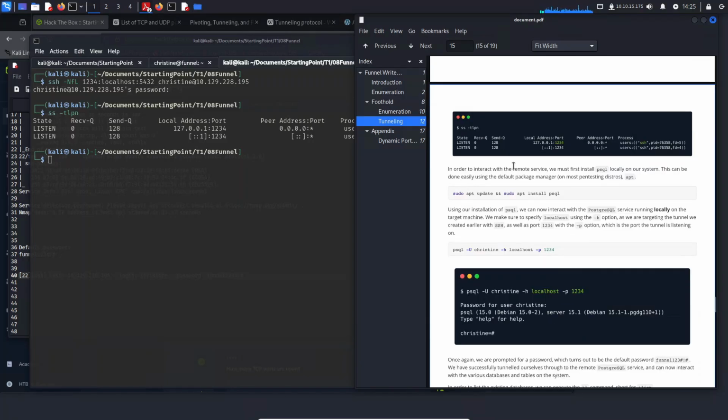So in order to interact with the remote servers, we must have psql available locally on our system. So we saw Christine did not have it available. My system is already up to date. I'll verify if I have psql already available on my system and proceed to run psql -U christine -h